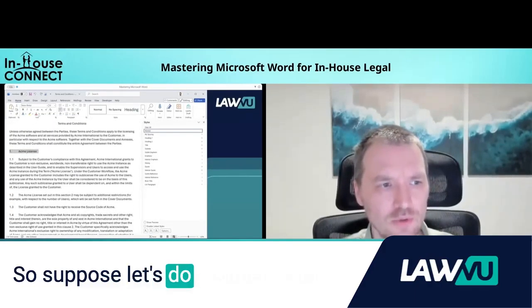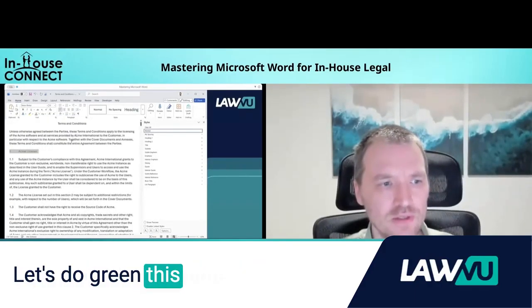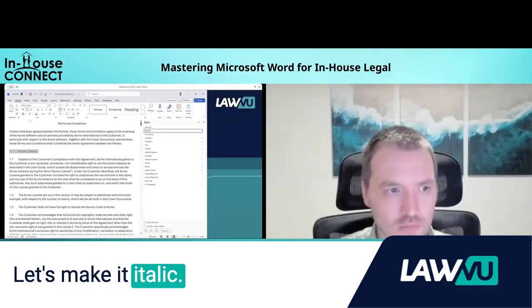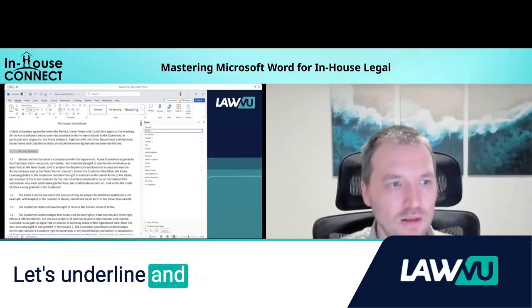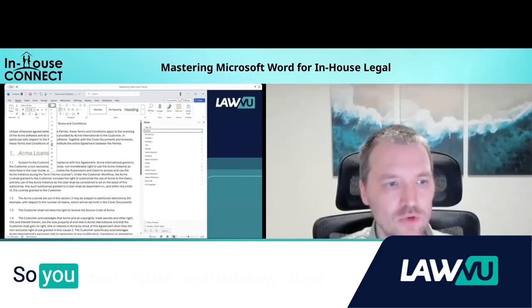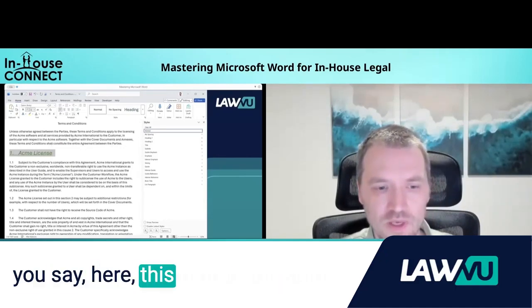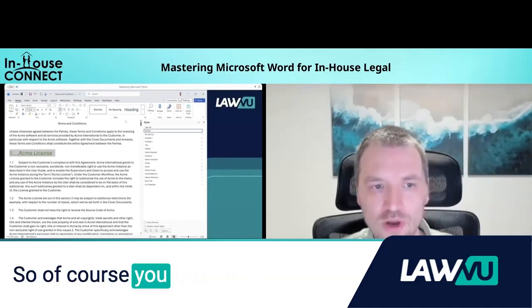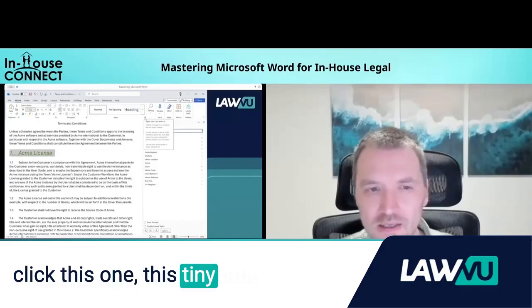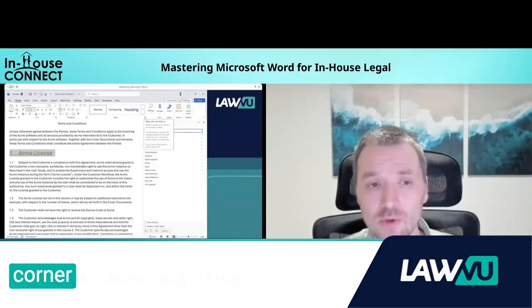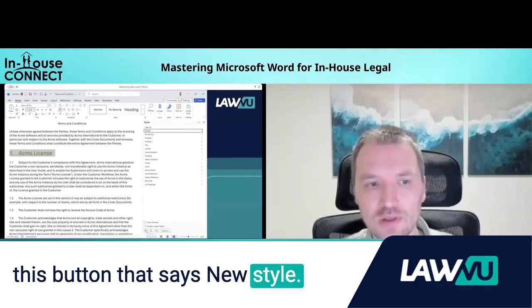So suppose let's do another color. Let's do green this time. Let's make it italic. Let's underline and let's make it bigger again. So you start from something, then you say here, this button, new style. So of course you have to click this tiny little button here in the lower right corner to show this panel. And once it is visible, you click on this button that says new style,